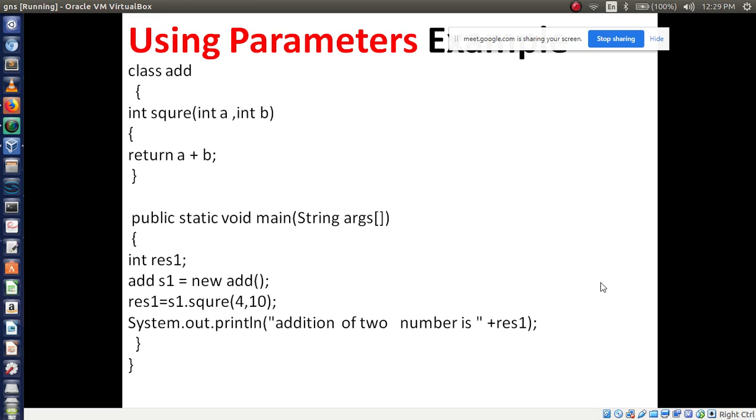It is a simple example, and writing it is also very easy if you have understood, otherwise it will be difficult. So shall I move to the next concept, or are you writing this slide? What to do? Will you write this slide or shall I skip? Okay, you wrote it.